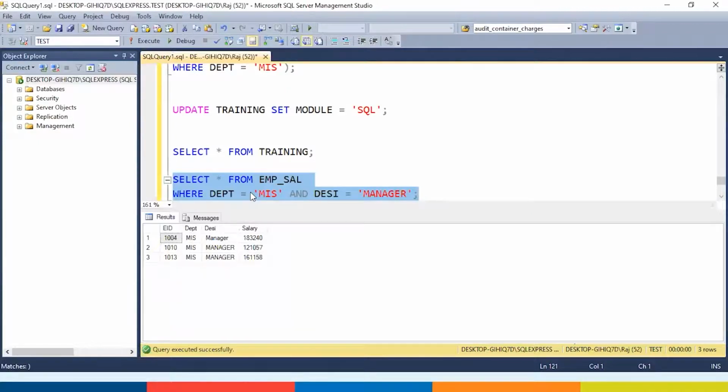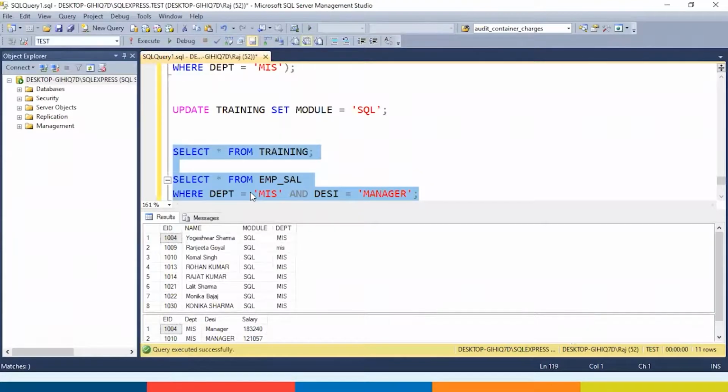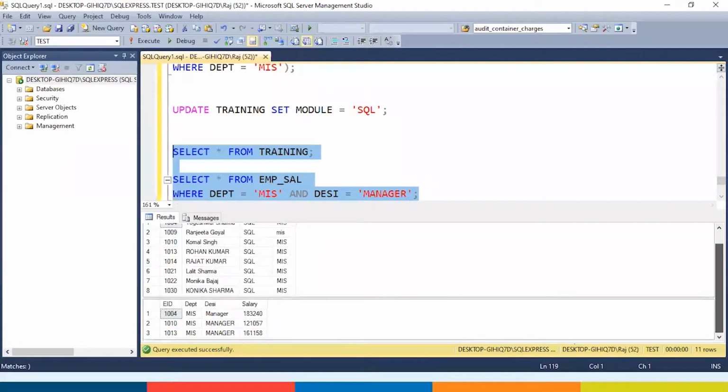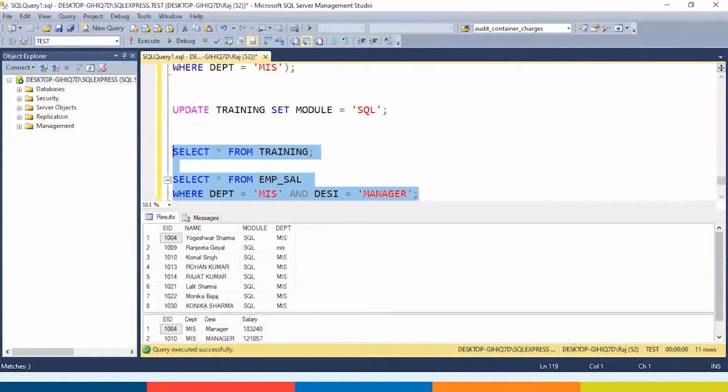So I am getting the 3 MIS managers over here. Let me also take the name. The IDs 4, 10, 13 need to be removed, needs to be deleted.